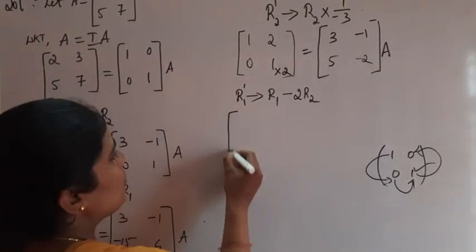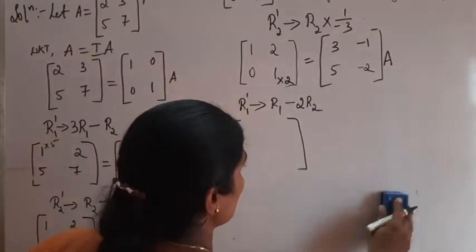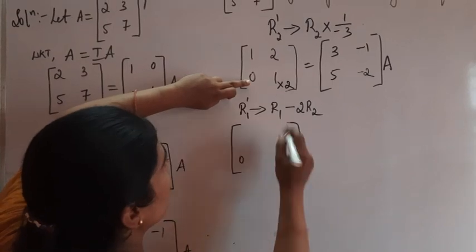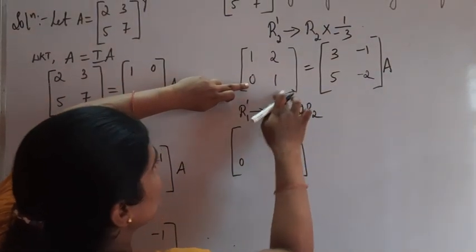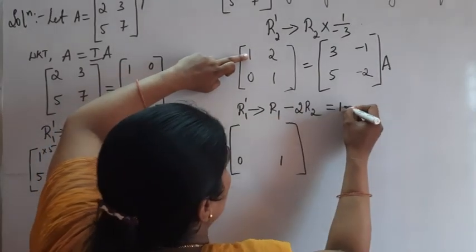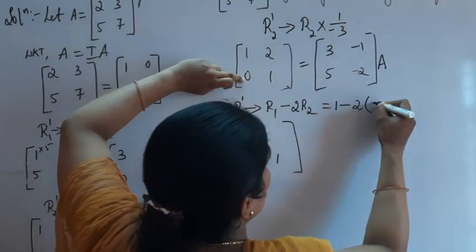So here matrix, we are applying only for the first row. Write the second row as it is, that is 0, 1 as it is. Okay. So apply to the first row, R1 formula R1 is 1 minus 2 into R2, the corresponding R2